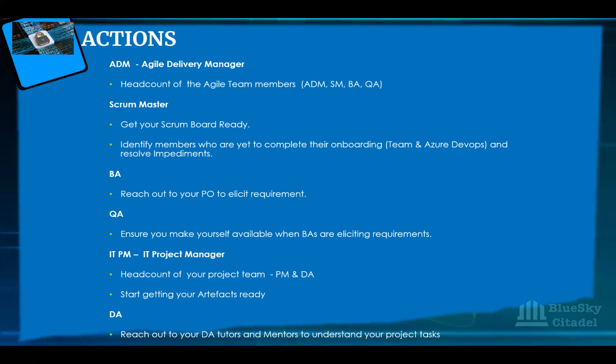So the structure ideally out there, so you understand, and please note what I'm saying. You have one ADM, you have one Scrum Master, you have one BA, you have one or two QAs, all right? And it's possible you have 4 developers or 2 developers, all right? In an ideal agile team. So your developers are going to be helping you to deliver on the project, all right? So your developers are part of the agile team.